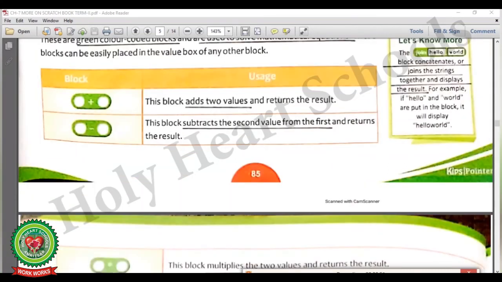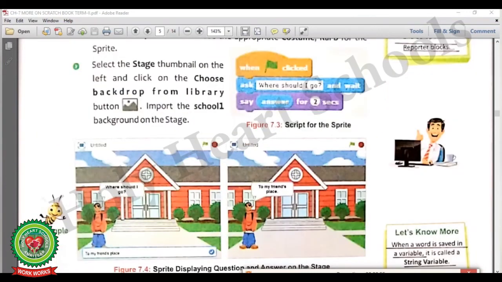Now look at your book at page number 85. Here you can see in figure 7.3 and figure 7.4 a project is displayed. Now we are going to make this project using sensing blocks. Let's see it practically.